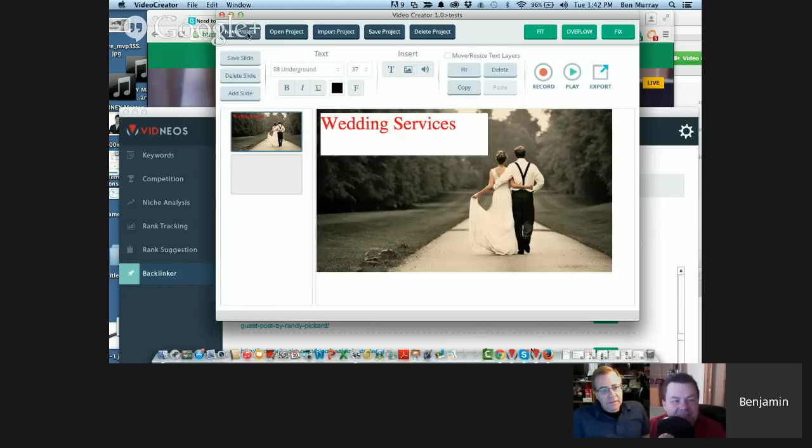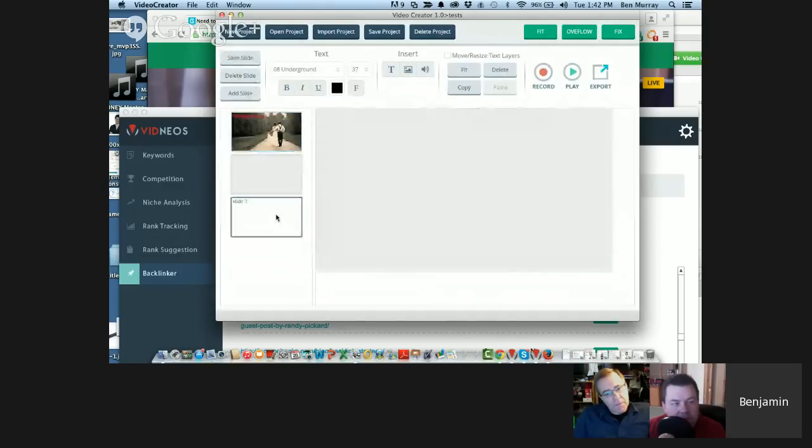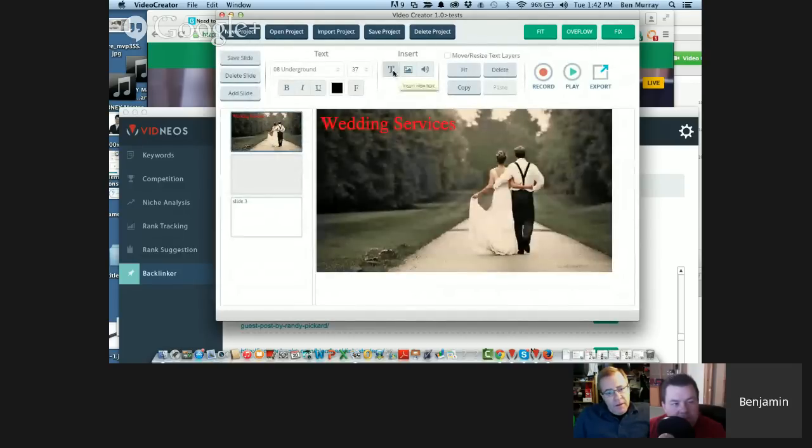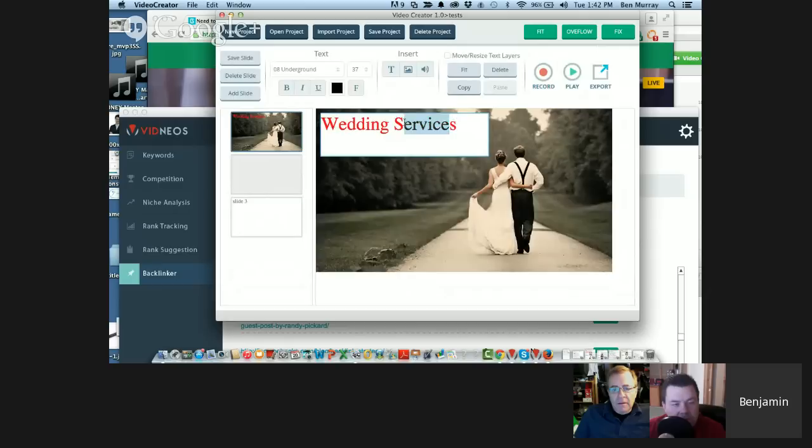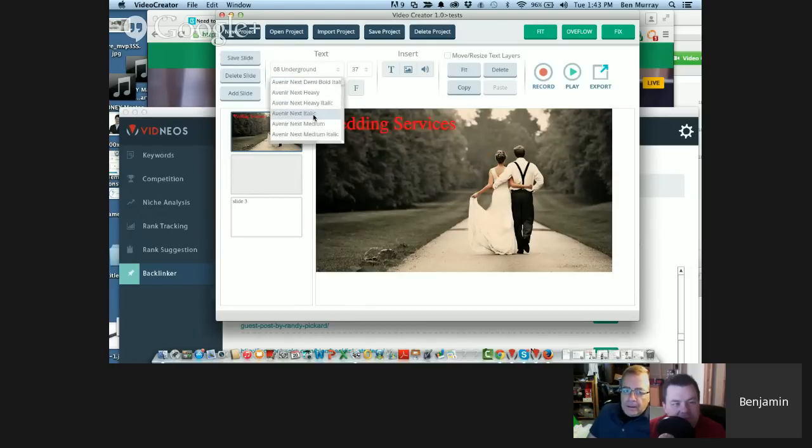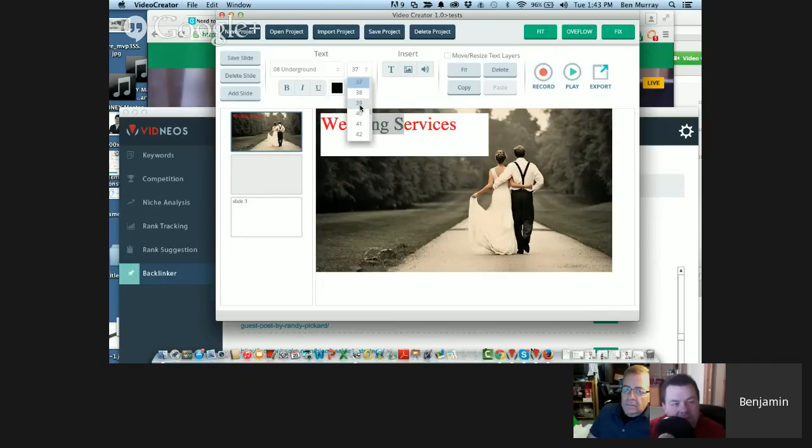You just hit a new project, select the dimensions you want, what size you want. Then you can add slides, delete slides. It's asking me to save it before I start adding some more stuff. You can add text here. This isn't red, probably doesn't look good, but you can choose different colors, fonts. Choose from a bunch of fonts what you want it to look like. You can change the font size and stuff if you want,